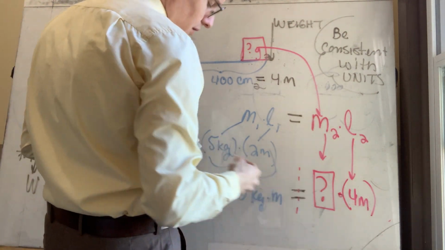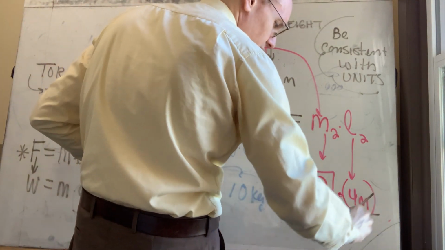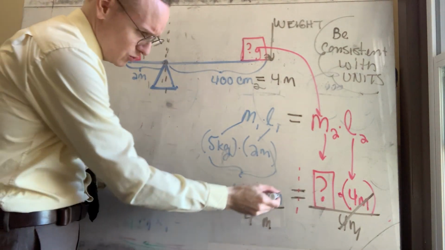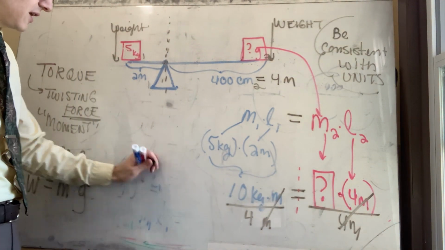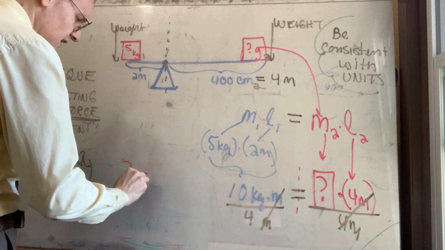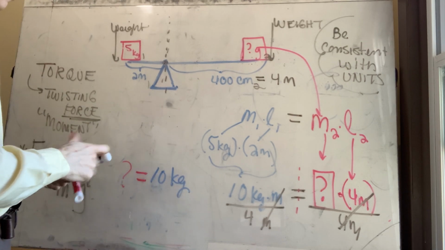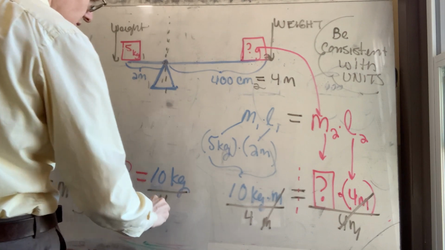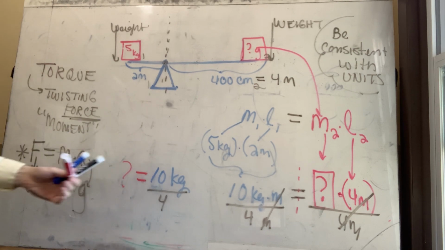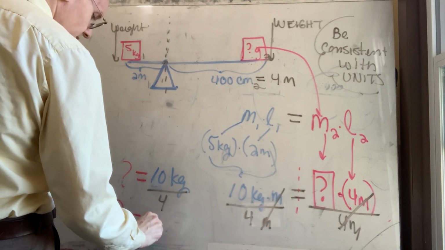What is the opposite of multiplying by 4? To divide by 4. Here and here. Insofar as the units are concerned, the meters would then cancel. And then you'd have this relationship, that this mysterious quantity is 10 kilograms divided by 4, as the unit meter cancels. Right? If you divided 10 by 4, what would you get? You'd get 2.5,